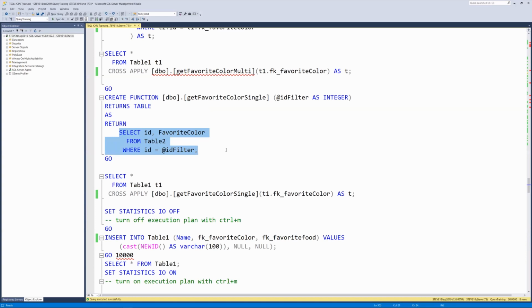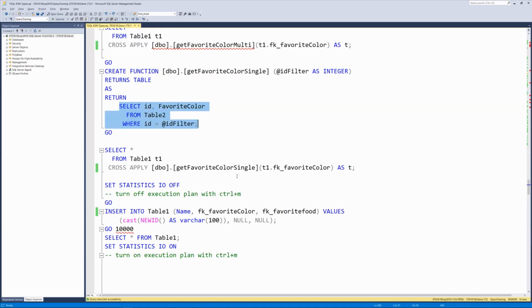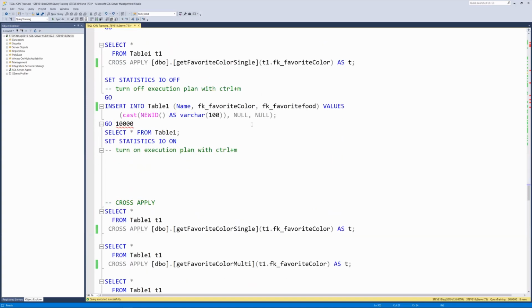It may not make a big difference with a table the size that we're dealing with here, but when you get to larger tables, that can have a huge performance impact in what you're doing. That was from a more detailed presentation where we went into a lot more performance on this. But you can see that there can be different amounts of work being done, whether it's a single statement table valued function or a multiple statement table valued function.